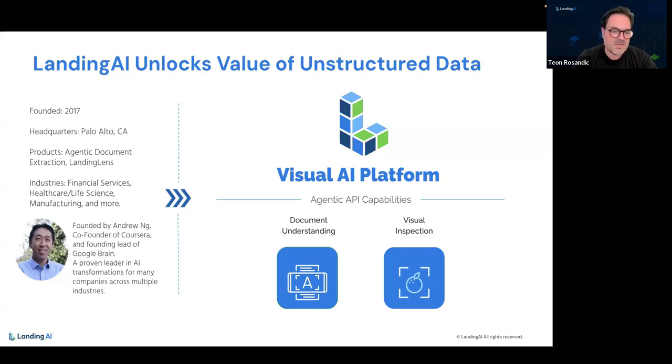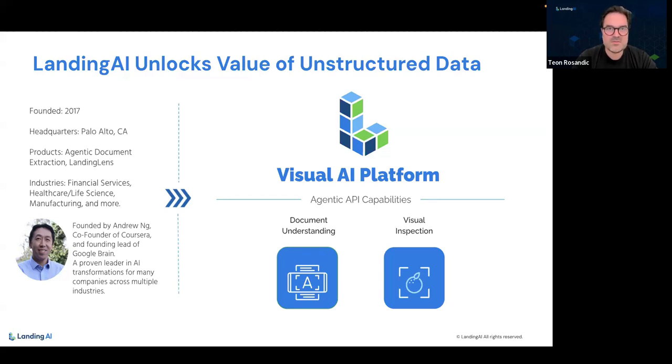thought leader, as well as visionary in the world of AI, and has been doing that for many years. Some of the really interesting aspects of where AI started years ago, including principles around the Google Brain initiative, he was the founder of that, and he has founded many companies over the last few years, LandingAI being one of them. As a company, we've been around for about 4 or 5 years. We're based in Palo Alto, California, and we've got a very tight-knit, highly technical team focused